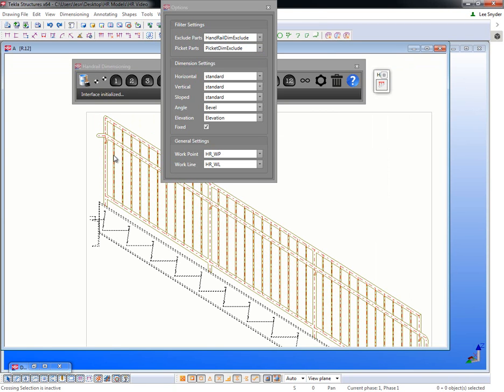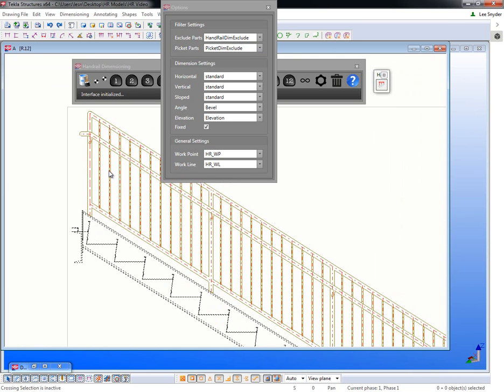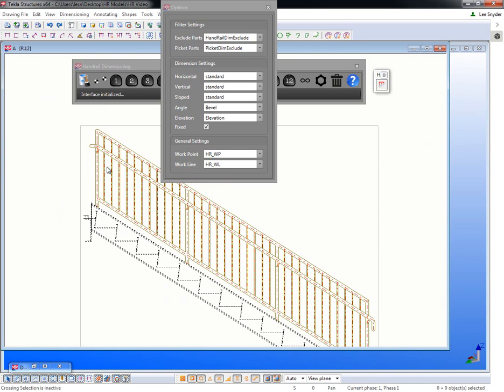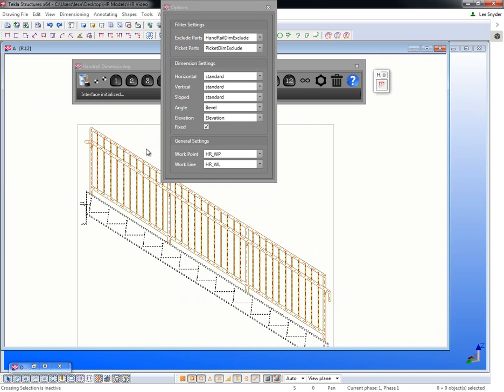So for example here, all these pickets that are shown, it's going to find all these vertical members and assume that they're vertical posts. So I'm just going to filter out these pickets so that it dimensions to my main tube posts. So stay tuned for more information about a specific picket rail dimensioning tool, but this is the current